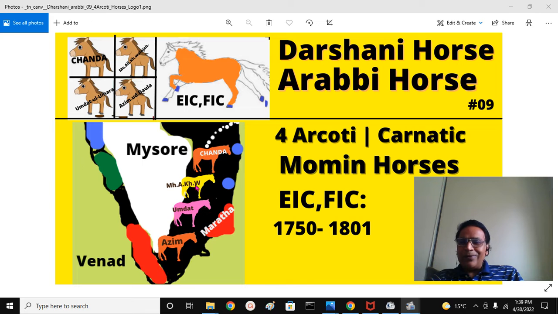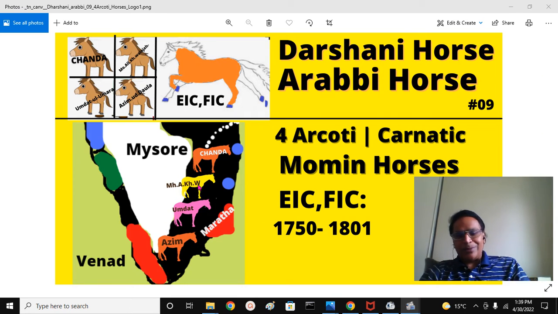Muhammad Ali Khan Wallajah, who ruled nearly for 45 years. He saw the most important events, the death of Nizam and death of Shahu in 1747, and also the Panipat debacle and victory at Buxar of the British, and the three Mysore Anglo wars, the first war and second war and third war, all happened during this time. Muhammad Ali Khan Wallajah, the second dynasty.